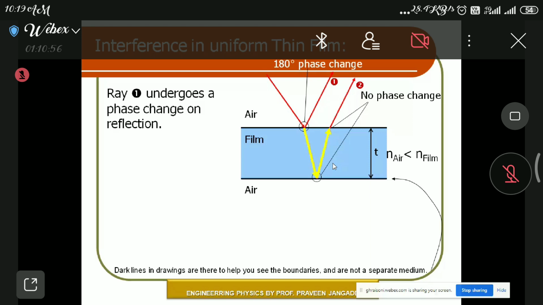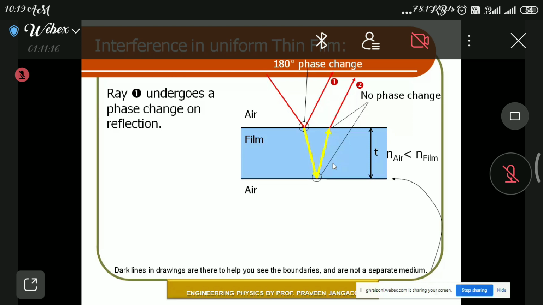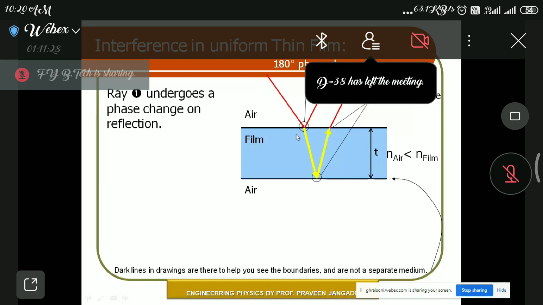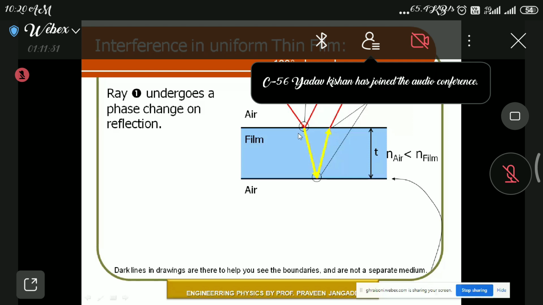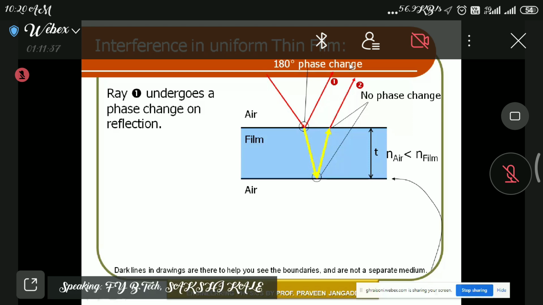So once again, what we consider here is a plane parallel thin film of uniform thickness, that is t. Then afterwards, what you will write? Let a broad monochromatic source of light be incident obliquely. Obliquely means it makes a certain angle of incidence. Then you will say the ray is partly reflected, means the incident ray. You can label this by some number or alphabets. Let's say AB is the incident ray, and once it is incident on the film surface, it gets partly reflected and forms ray 1,